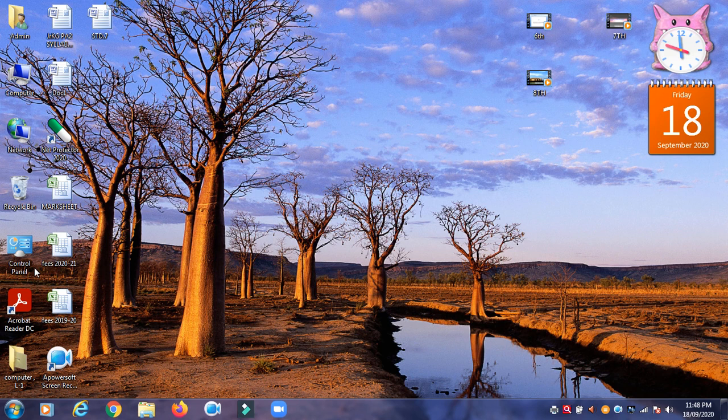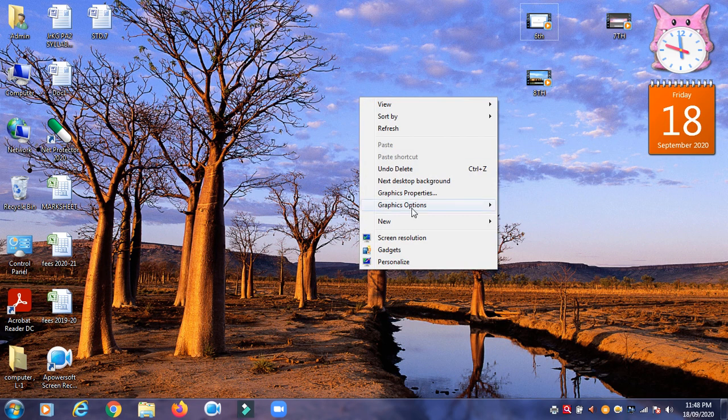Next one, using right click on the desktop. Just now I showed you right click on the desktop. You can change the wallpaper and screensaver by selecting this option, personalize.